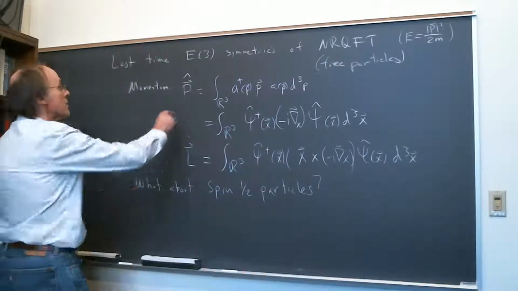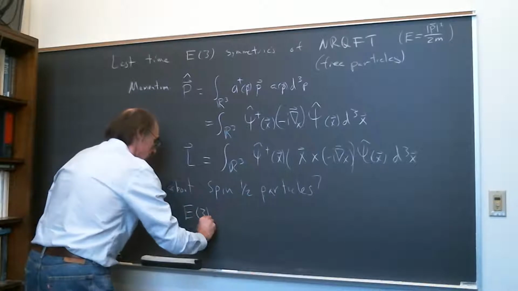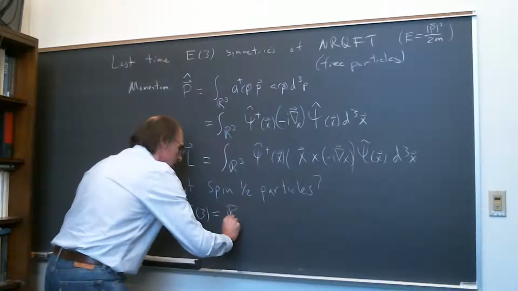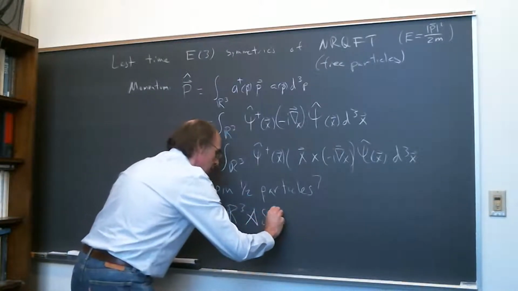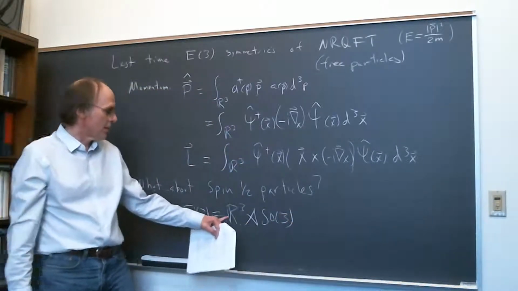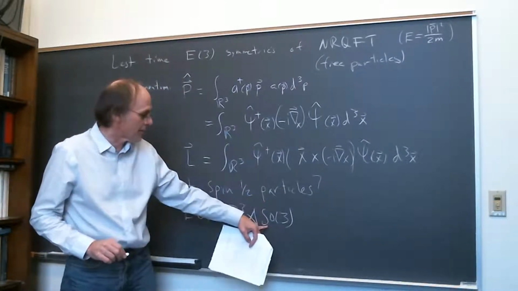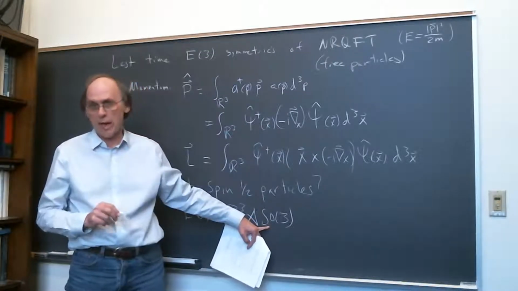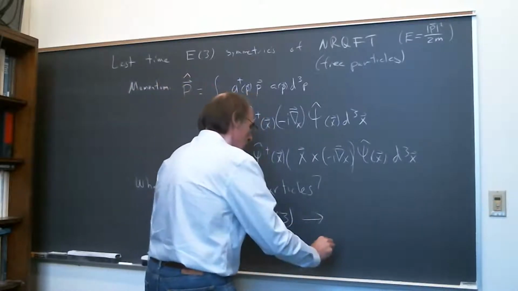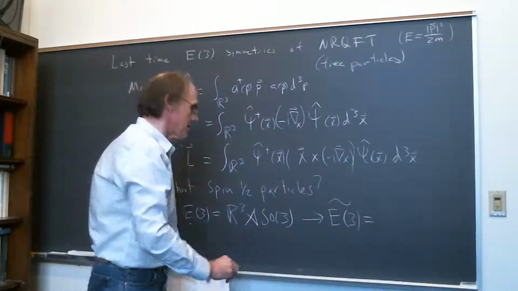And what you need is, so here you have E3. Well, E3 is translations and rotations. But if you want to talk about spin 1/2 particles, you can work with the same Lie algebra, but for the Lie group, to get it to act on spin 1/2 things, you have to take the double cover of this. So here you have to go to this double cover, which I think sometimes I'll call E3 tilde, but what it really is